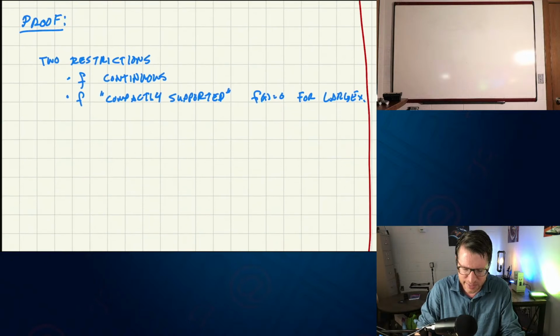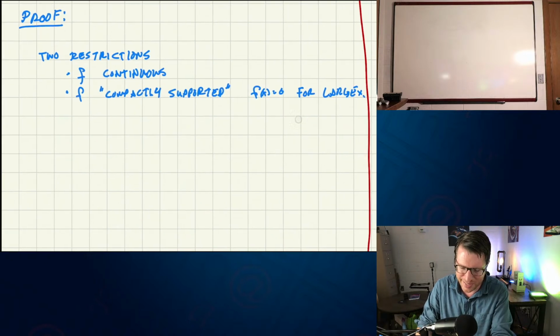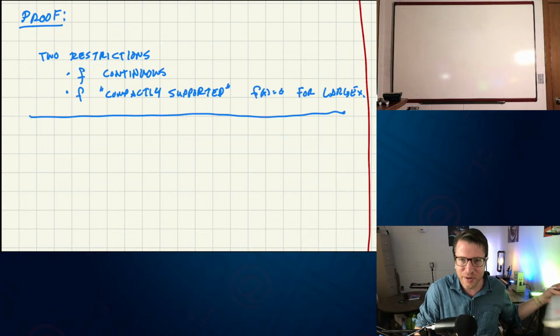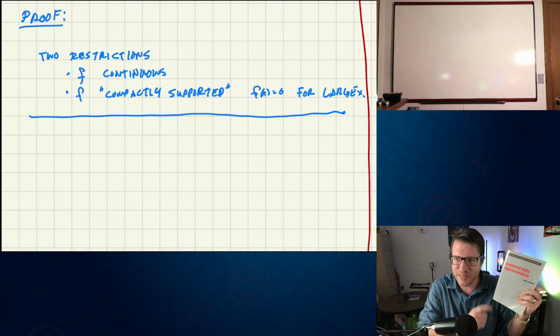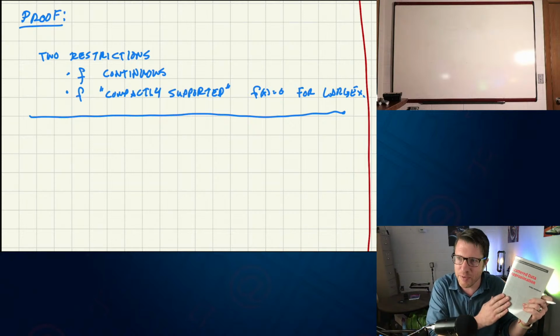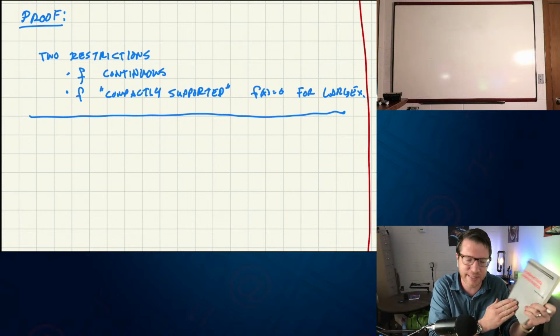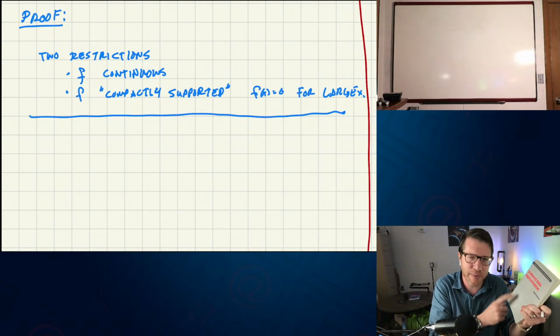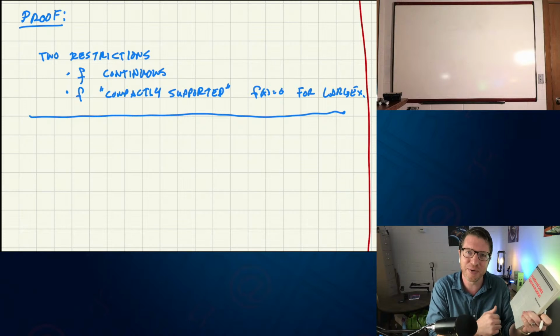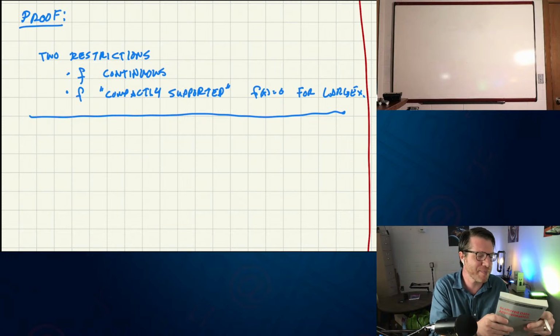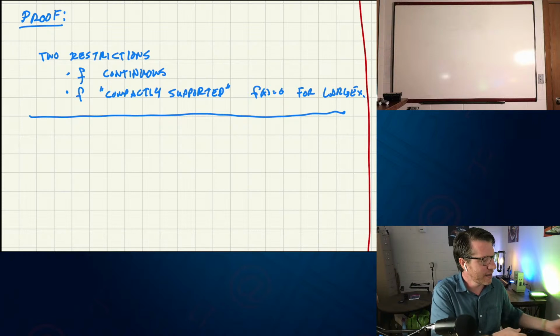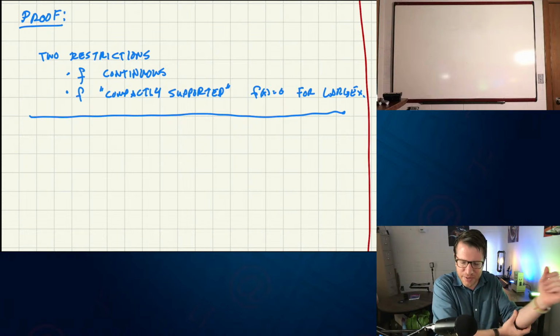It's a pretty slick proof, actually. I really love this, and I was disappointed when I was going through all the results in Scattered Data Approximation, the book that I use whenever I'm talking about radial basis functions, kernel spaces, and stuff like that. It has a whole section on the Fourier transform, but I don't think it has anything on the Riemann-Lebesgue lemma. I think it's a really important lemma, and that's why I looked it up on Wikipedia real quick in order to make sure I could talk about it. I was disappointed it isn't in there.